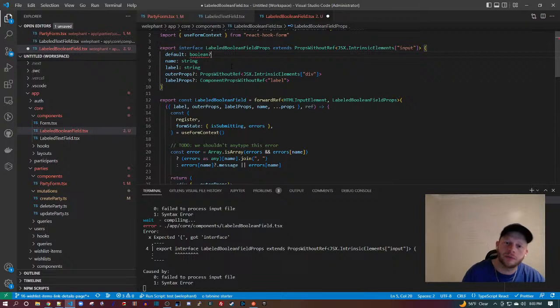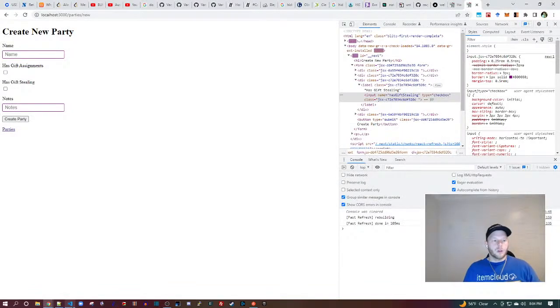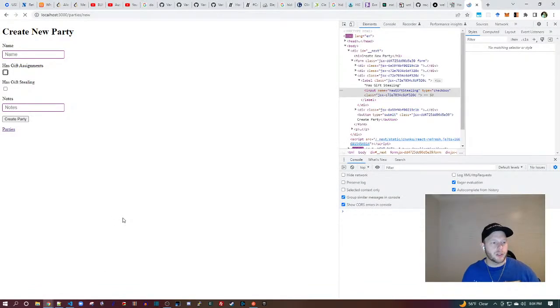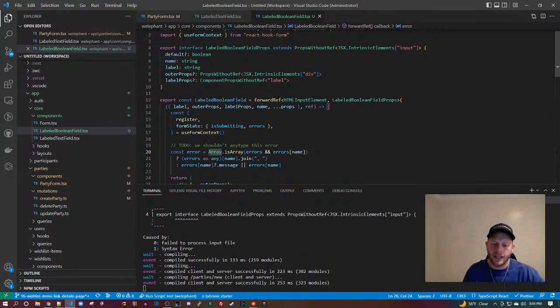Can I just make it optional? It says a semicolon was expected. Can I do that? Let's see if that worked. It does not. Oh, well, I didn't use it. But at least it did not error.